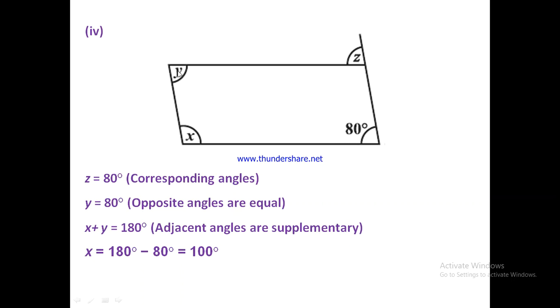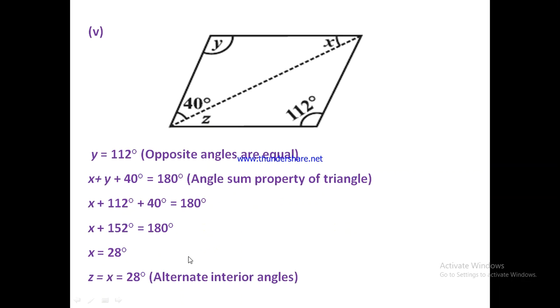Now y is opposite angle of this angle, and we know that opposite angles of a parallelogram are equal in measure. So y will be also equal to 80 degree, and x plus y is equal to 180 degree, as we know that adjacent angles of a parallelogram are supplementary. So x plus y is equal to 180 degree. It will give x is equal to 180 minus 80 equals 100 degree. Next, fifth part,